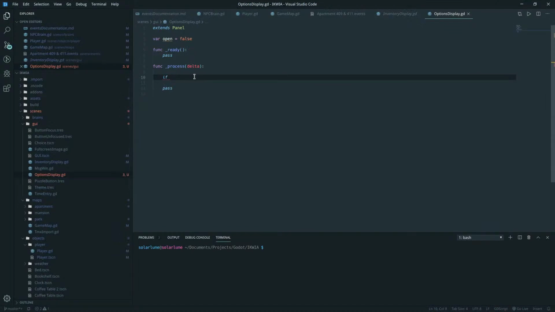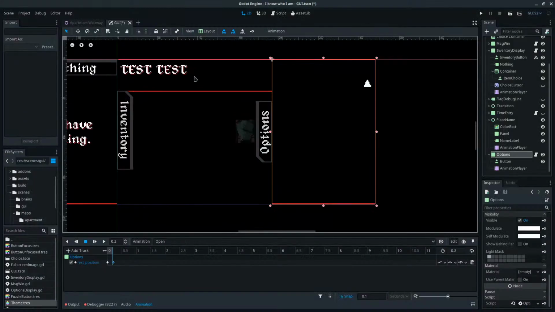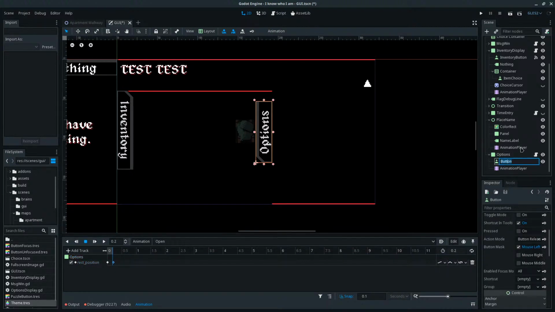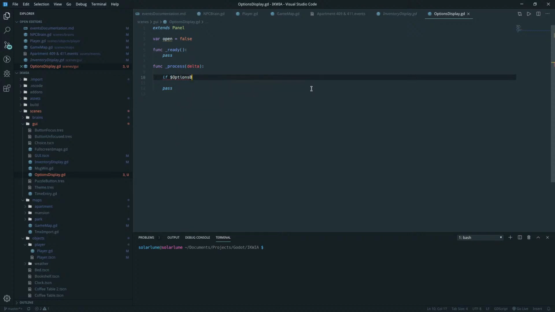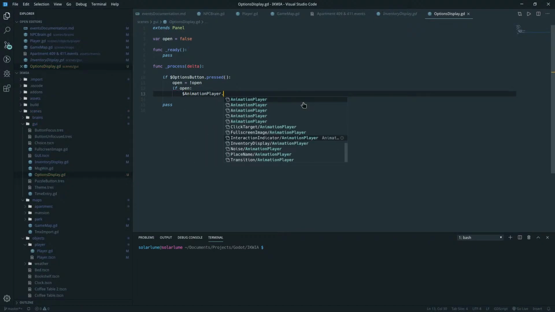So we say if, let's see, button. If options button dot pressed, open is not open. Player dot play.